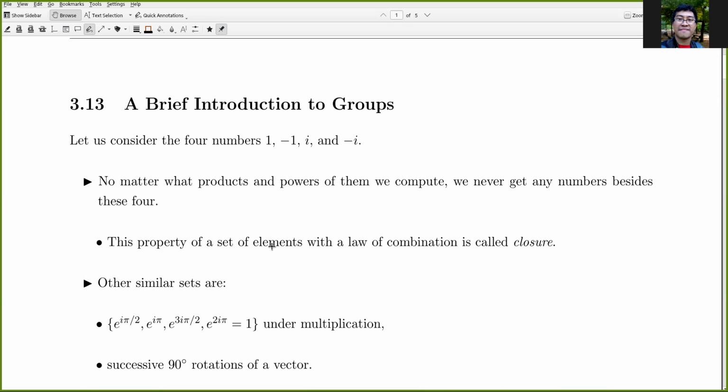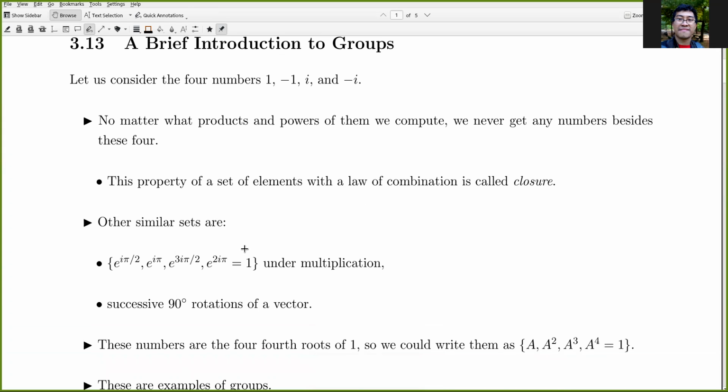So this property of a set of elements with a law of combination here, multiplication, when we multiply or when we take powers, we always get numbers that are members of this set. It's called the closure property. Other similar sets include this: e to the power of i pi over 2,